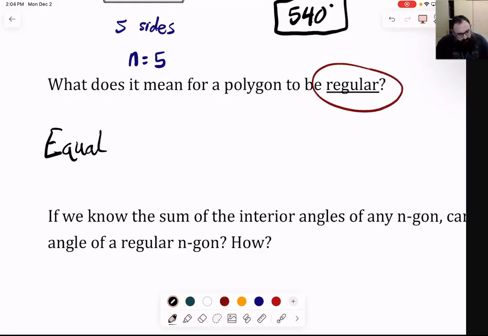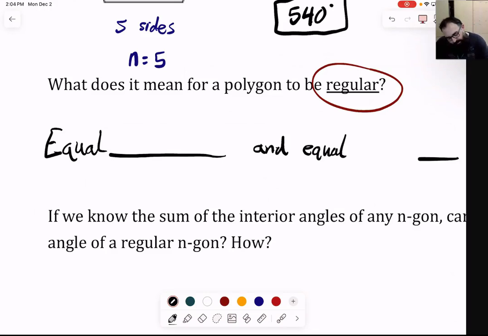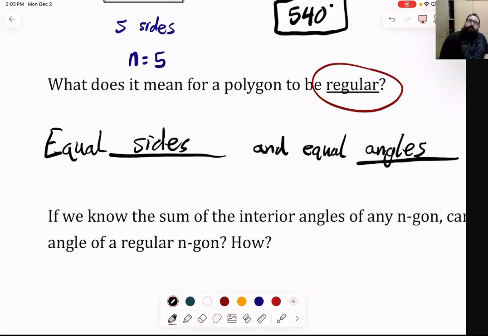So I'm going to write this: equal blank and equal blank. Go ahead, Caden. Equal sides and equal angles. Love that. So,